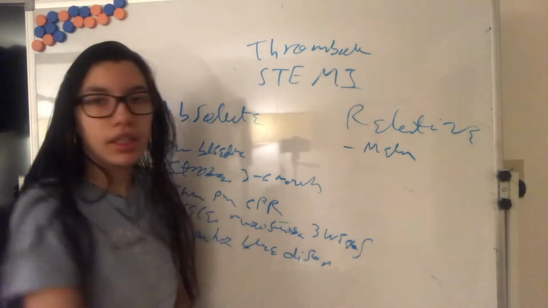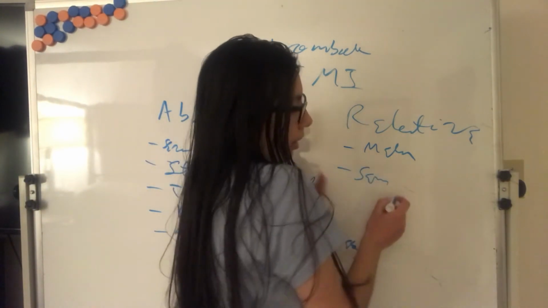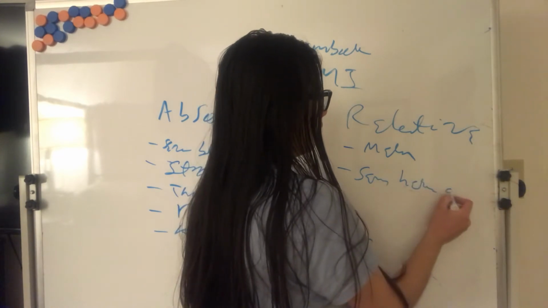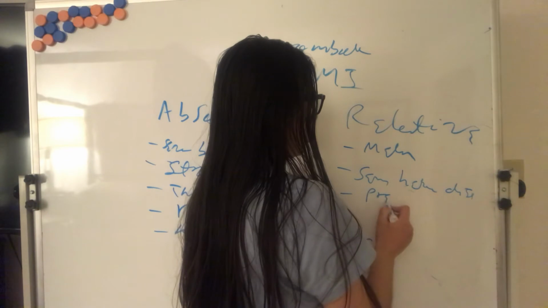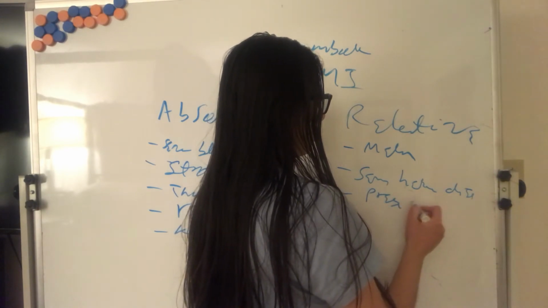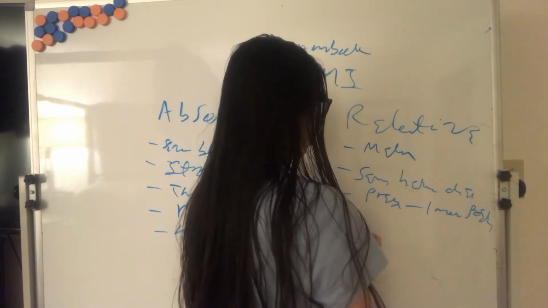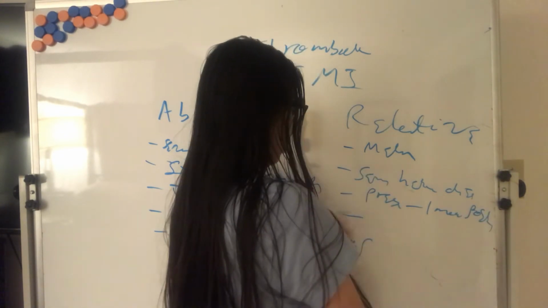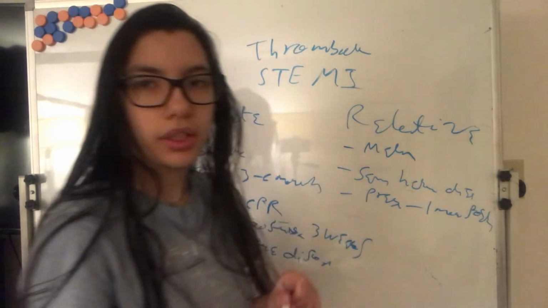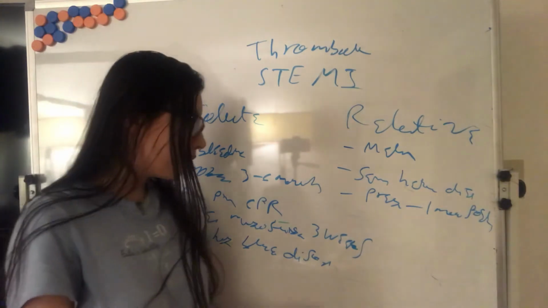And the relative ones will include severe or advanced hepatic disease or failure, pregnancy, or 1 month postpartum, and melena. So there are 3 relative contraindications, and the others are absolute contraindications, and it's just a matter of thinking